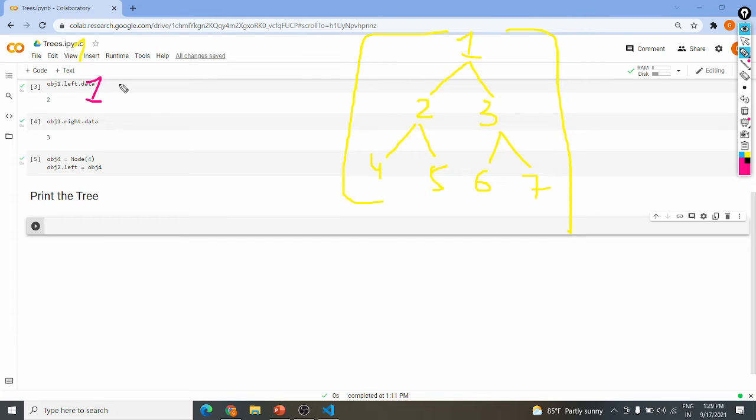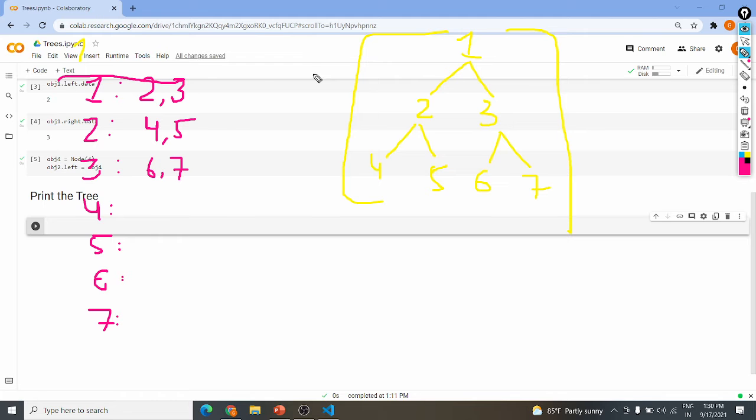We'll print 1, then colon, and then 2, 3. Then we'll go for 2, then colon, then 4, 5, then 3, then 6, 7, then 4, nothing, 5, nothing, 6, nothing, 7 again.